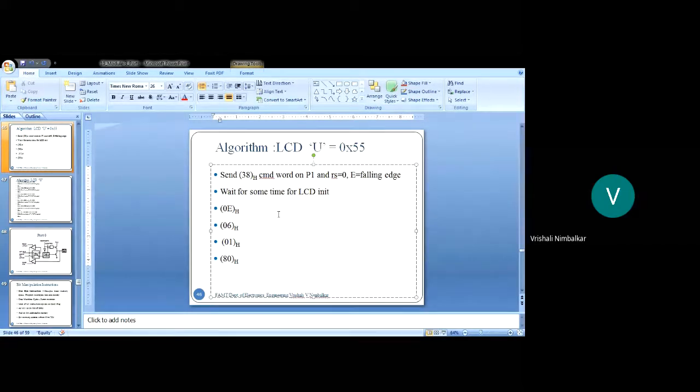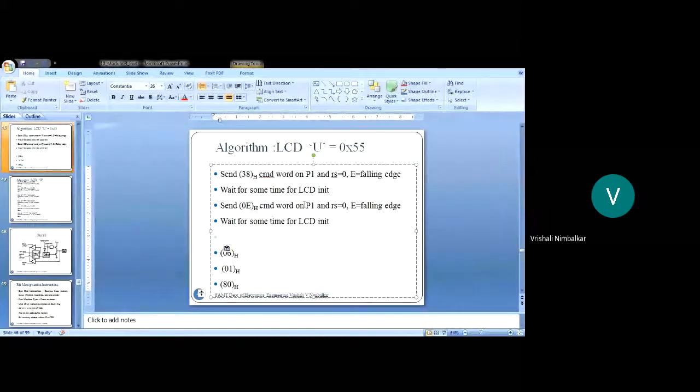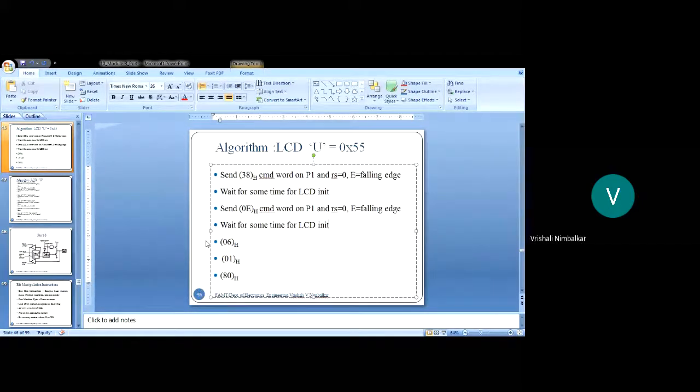Okay. So I'll just complete this algorithm and we will stop. Now the same thing is to be done here. Send the next command word, and this repeats. Send the command word on port and give the control signal RS 0, enable, wait for some time. The third command word, send 06 command word on the data lines and wait for some time.